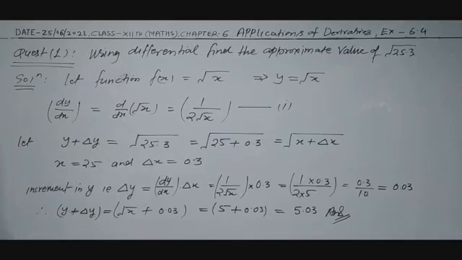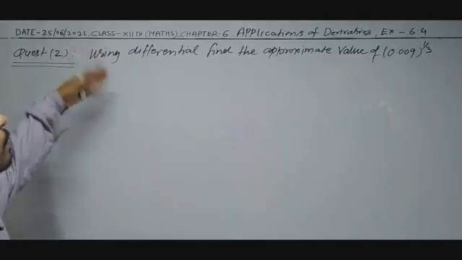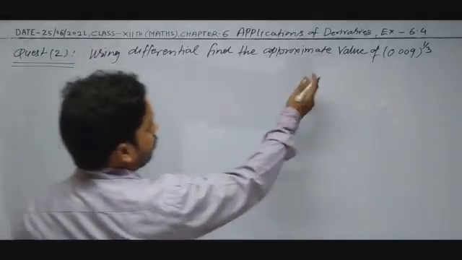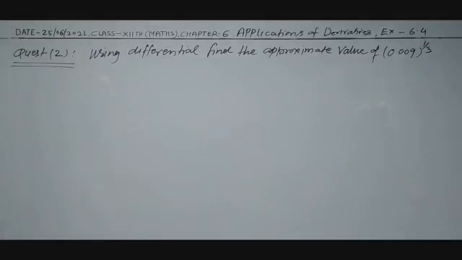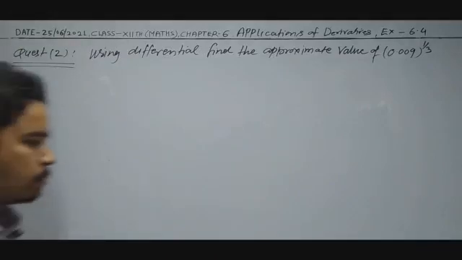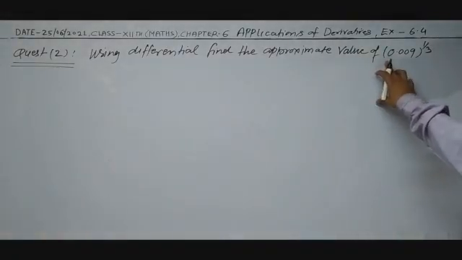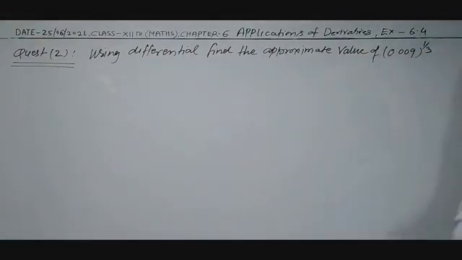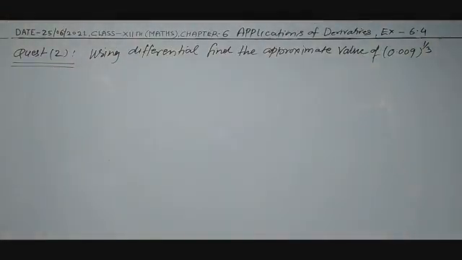Now come to question number 2. Question number 2 is: using differential coefficient, find the approximate value of 0.009 to the whole power 1 by 3. So we have to find the approximate value of 0.009 power 1 by 3. This is the cube root function. Power 1 by 3 means cube root. So the given function,